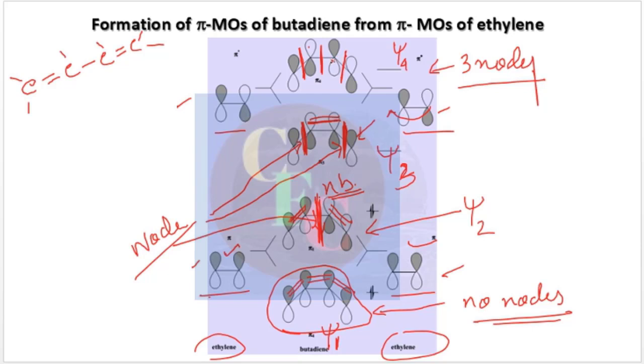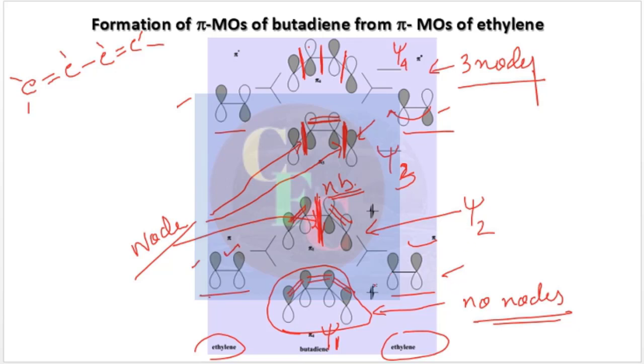pi molecular orbitals, right? So if it is asked to draw the pi molecular orbitals, you just draw these four. You do not have to show the formation from ethylene. You can show it, but if it is just asked to draw the four pi molecular orbitals, you can just draw this one. Okay, so what you saw rising from psi 1 to psi 4, the number of nodes increased, right, and the bonding interaction decreased, right.